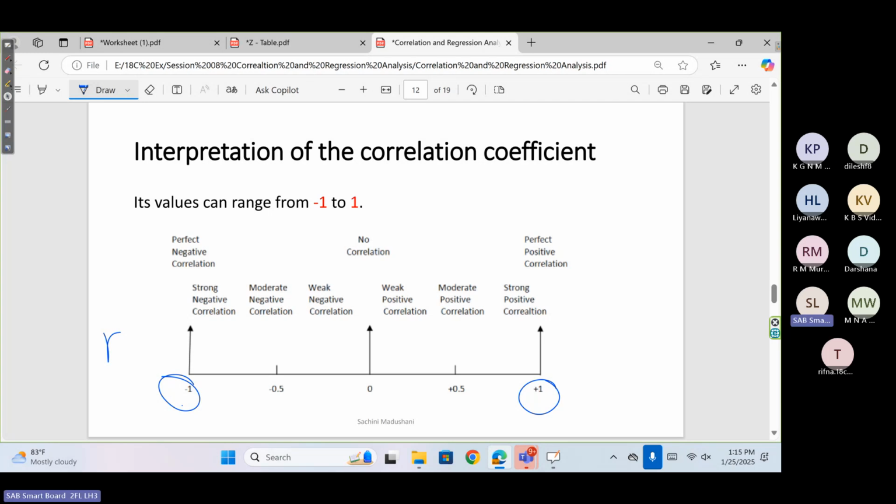After that we look at the values. Then if the r value is -1 or +1,